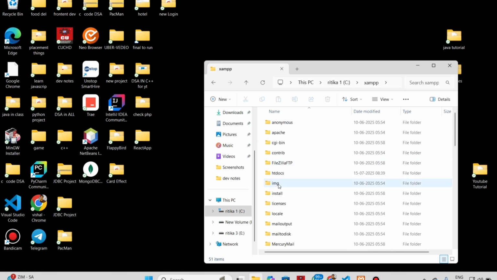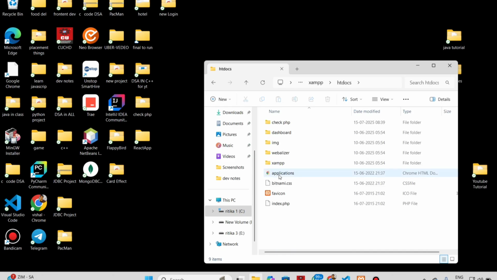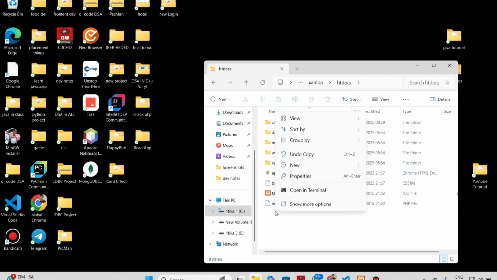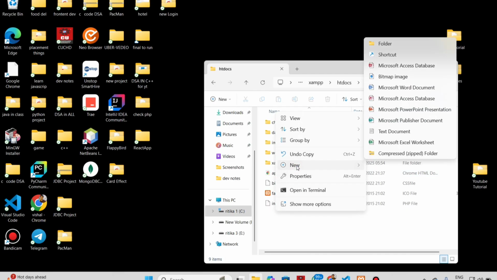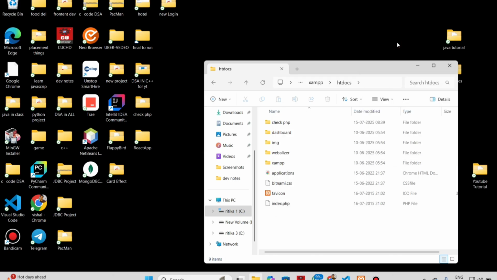In XAMPP, you can see here a folder named htdocs. Here you create a folder. I have created a folder named login one. Okay,